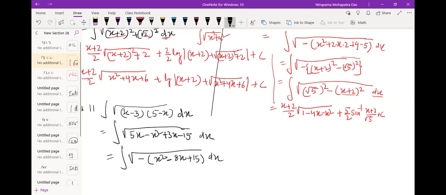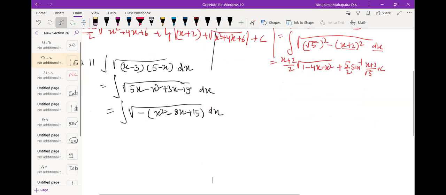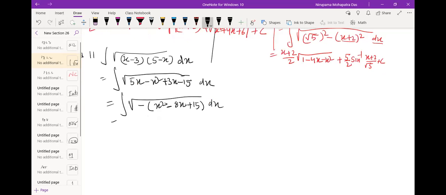It is just like your previous question, in fact. So we have to make it by using the completing square method. We have to make the quadratic expression in the form of x square plus or minus a square, or a square plus or minus x square, as the case may be. So you can write here x square minus 2 into x into 4. This 8x can be written like this. So a square minus 2ab plus b square means 16, minus 16 plus 15. Is it clear?